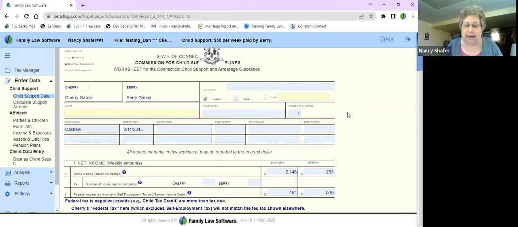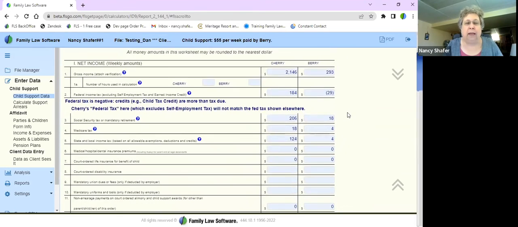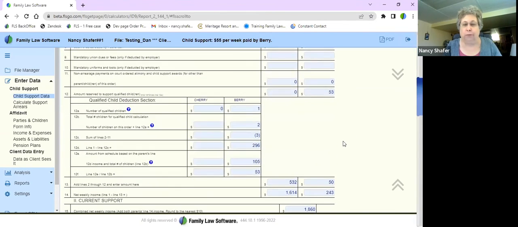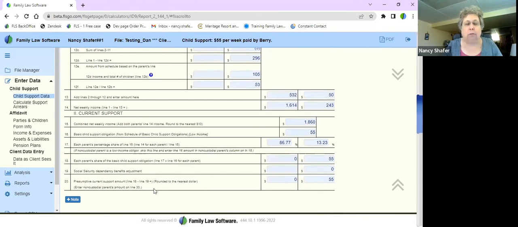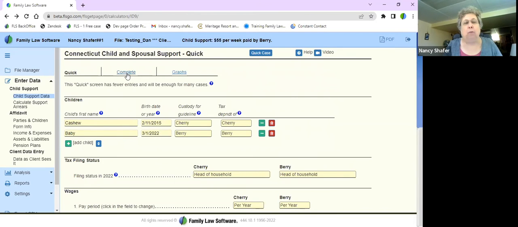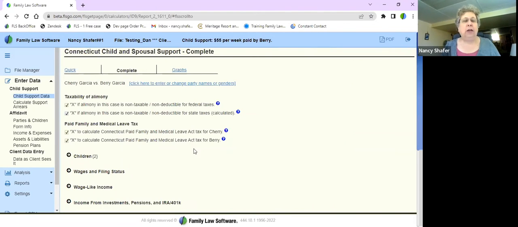So here's your Connecticut child support worksheet, and these blue notifications are not going to show up on your printout, but they're for information purposes for you, and you'll see your support calculation. Okay. When I'm working in a file, though, I'm mostly working in the complete page. This is all of the parts of your child support calculation, and this differs by state. So you can go in and